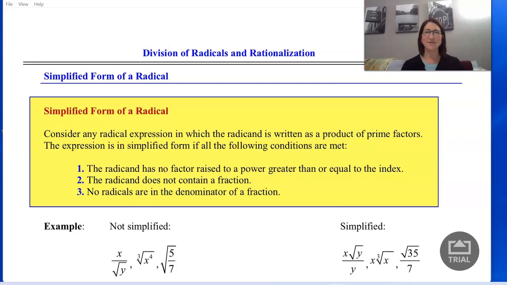So today we are going to focus on the division of radicals and a new concept which is called rationalization, which will make it possible for us to divide our radicals. All right, so